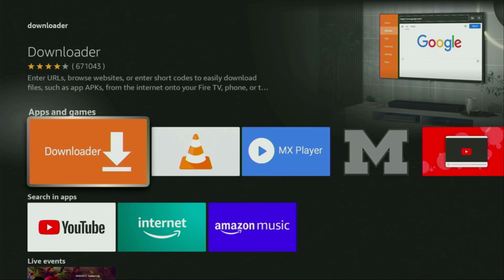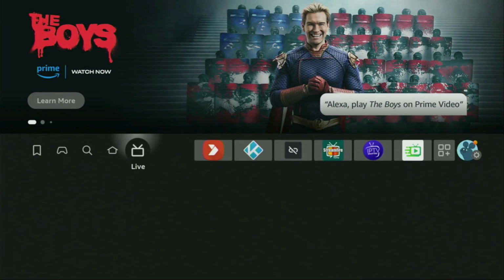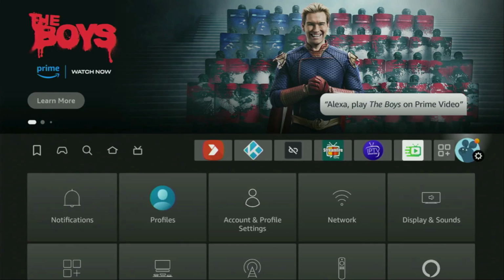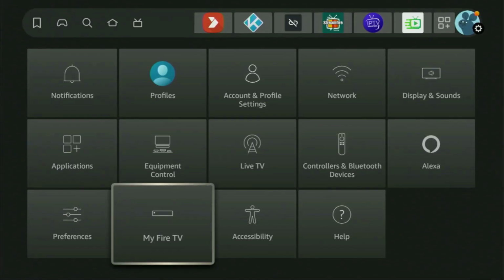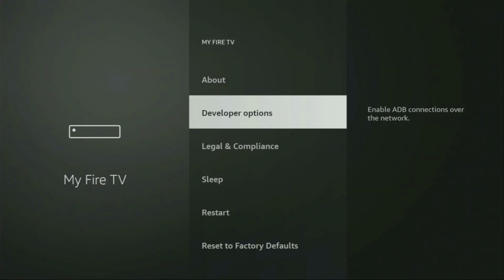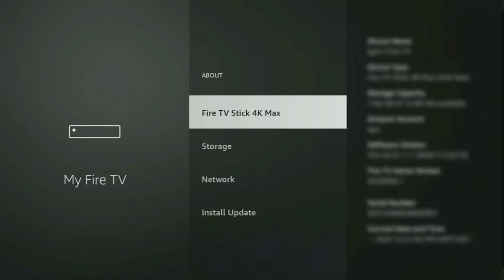But after you get Downloader, it's not over yet. We still have to set it up. So to set up Downloader, we gotta go to Settings, click on My Fire TV button right here, and here we'll have to enable developer options on your device. But on some Fire Sticks, and especially on the new Fire Sticks, the developer options can be hidden by default. So if that's the case, and you cannot find developer options anywhere, no need to worry, it's really easy to make them appear. Just go to About, select Fire TV Stick, and now you have to click on the middle